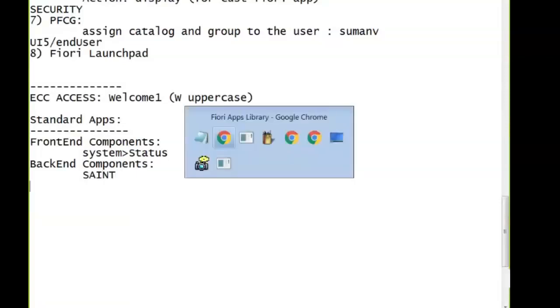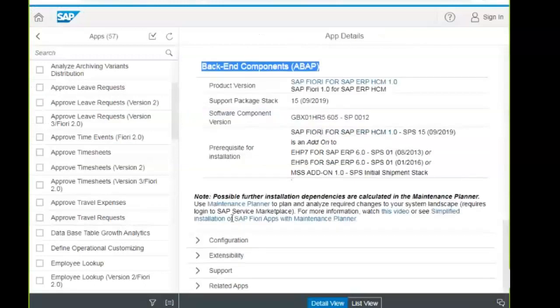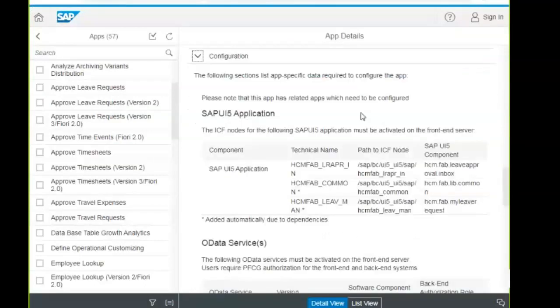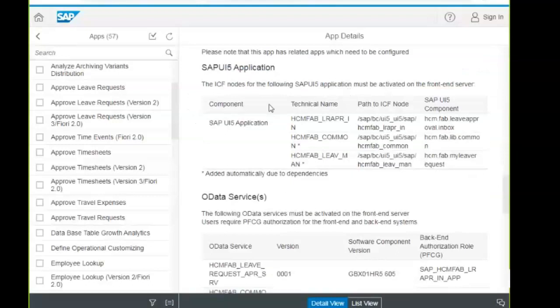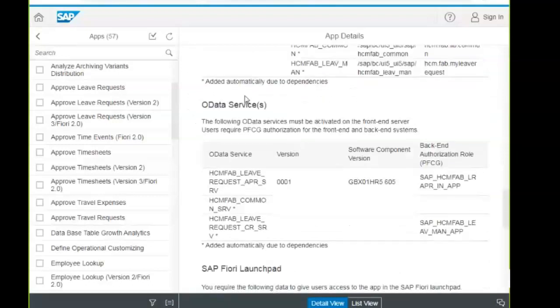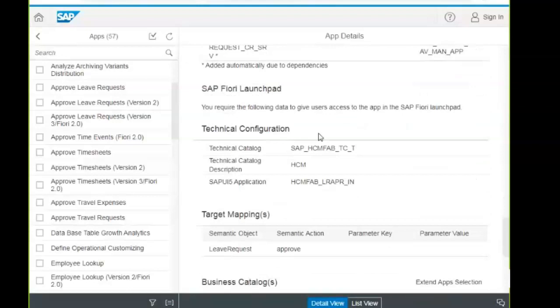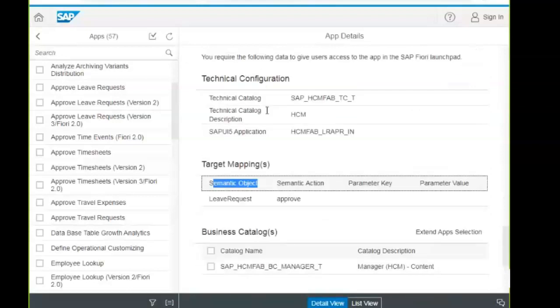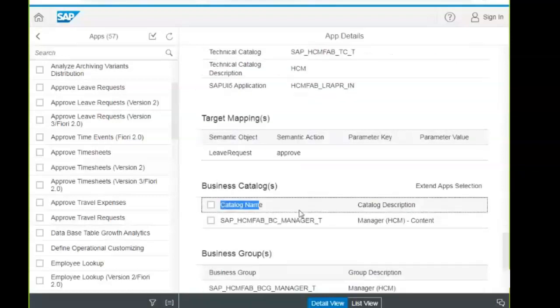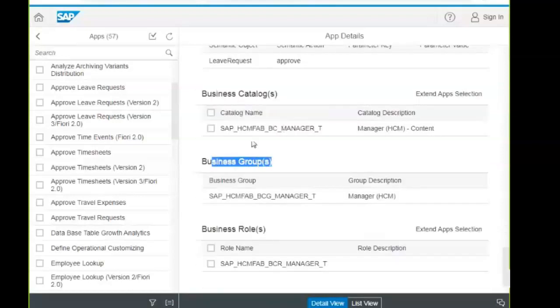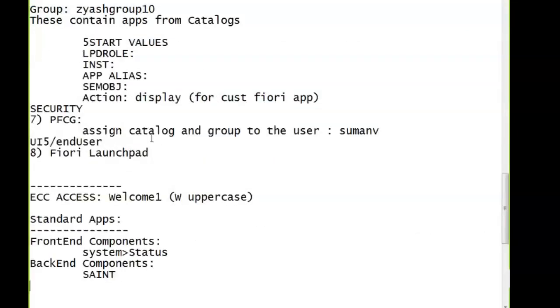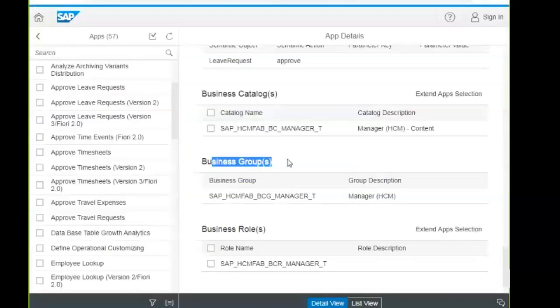And then when you move on, once the components are installed, then it is for the configuration where our UEFI consultants have to check for the main things. You need to read the document, whatever the document says. Then we have all the 5-star values. I told you, like semantic object, semantic action, catalog names, business catalogs, and business groups. Okay. Once you get expertise with the steps I gave, these 8 steps, then this will be very easy for you to activate the standard apps. Okay.